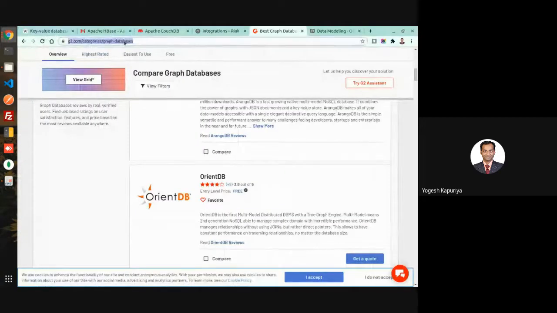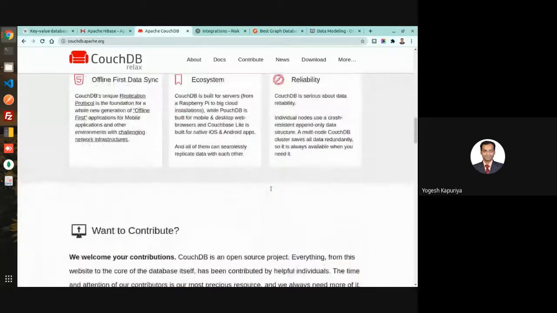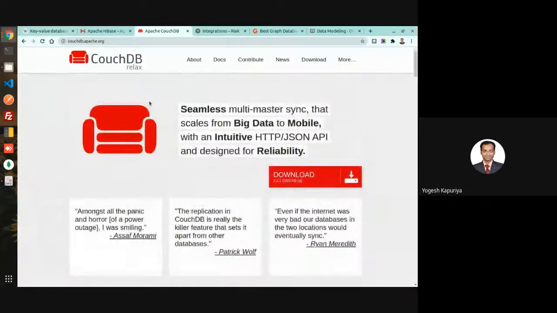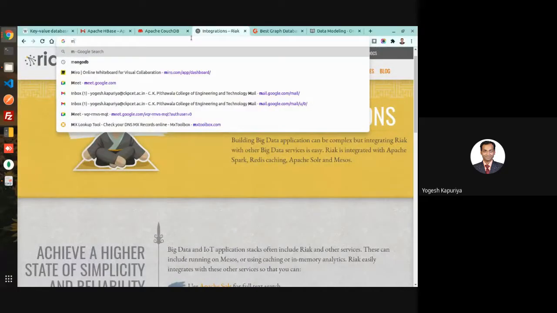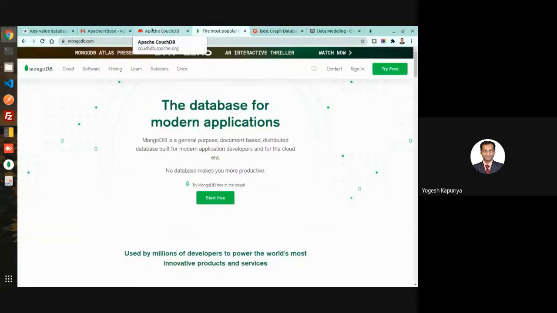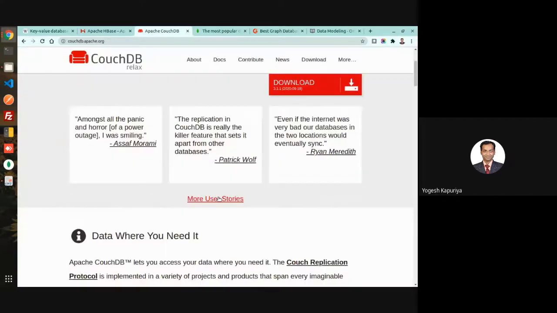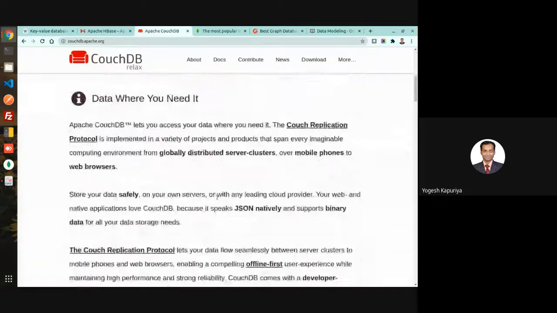Actually, there are many, but Couch, I think we have seen. MongoDB, if you remember, initially was an open source product. Now, obviously, nothing runs for free, so they have started with different versions, and there are some products in Mongo as well which are paid products. But apart from it, these are very popular databases.